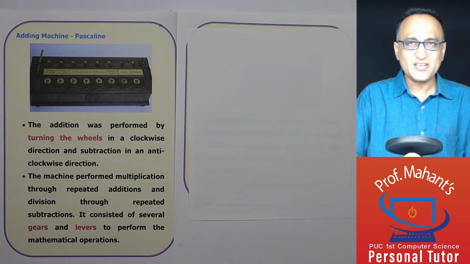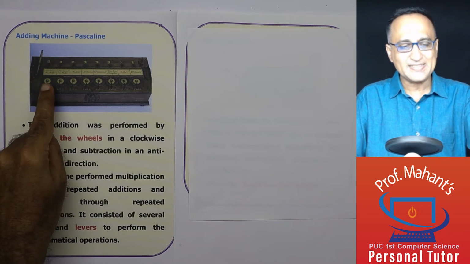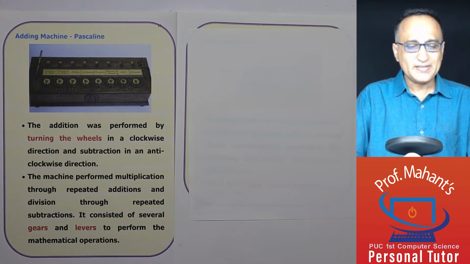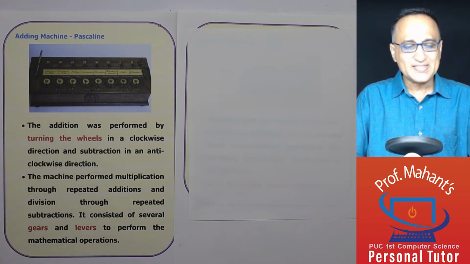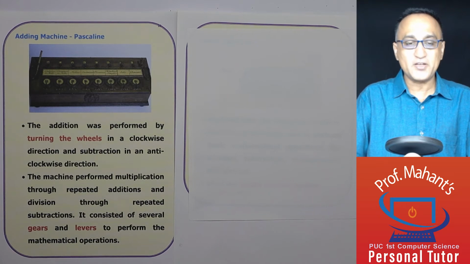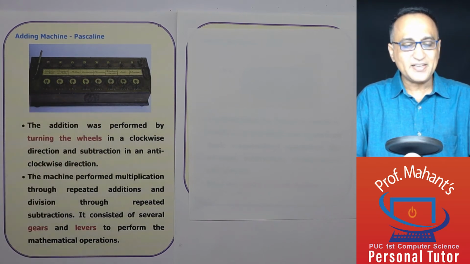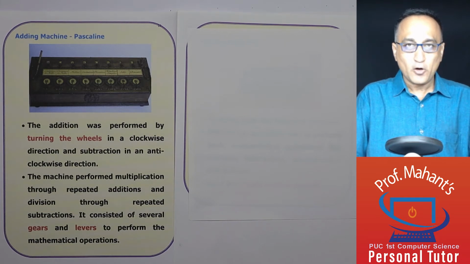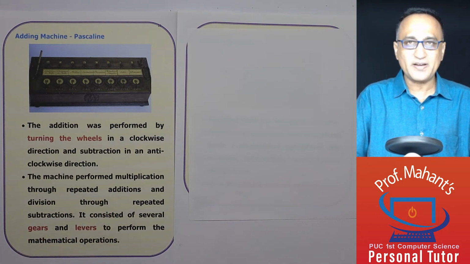Pascaline. It generally consisted of up to 8 dials. So, these are known as the dials, these circular items. By turning these dials or wheels in a clockwise direction, you are able to do addition, and by turning it in the anti-clockwise direction, you were able to do subtraction. Although this machine was designed to perform addition and subtraction primarily, you could still do multiplication through repeated additions and